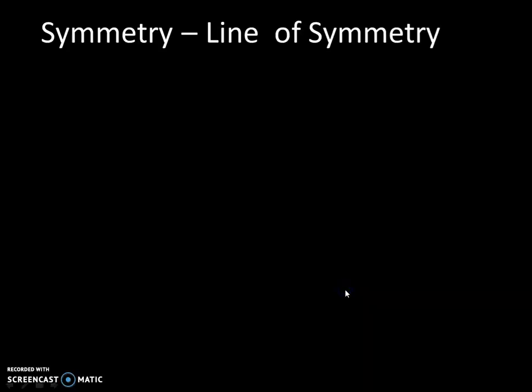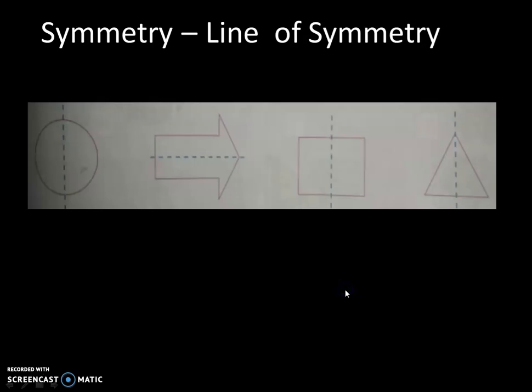Okay, so next is line of symmetry, that is symmetry, the second topic. As an image is given, when you divide it equally, for example, when you take this particular shape and fold it exactly along this line, one side overlaps the other, that is, one part covers exactly the second part. Then it is said to be a symmetrical figure.